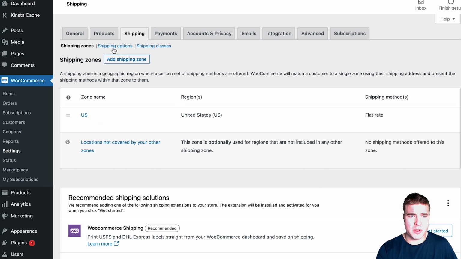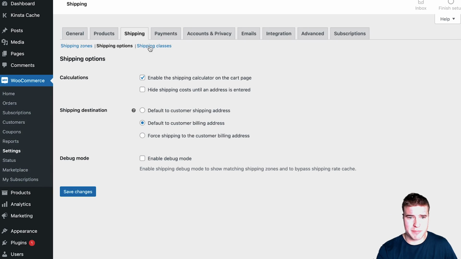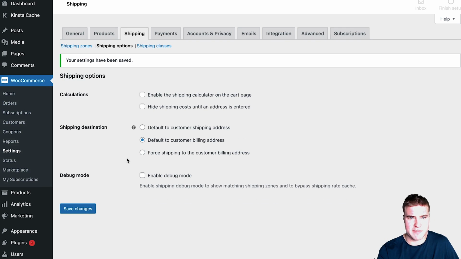I'm going to go to the shipping options and make sure I have everything set up correctly. So the shipping calculator on the cart page, I don't necessarily want to show that because it's always going to be $4.95 flat rate, and I don't want to hide shipping costs until an address is entered either, because it's always going to be $4.95. Okay, so I'm just going to save these changes,